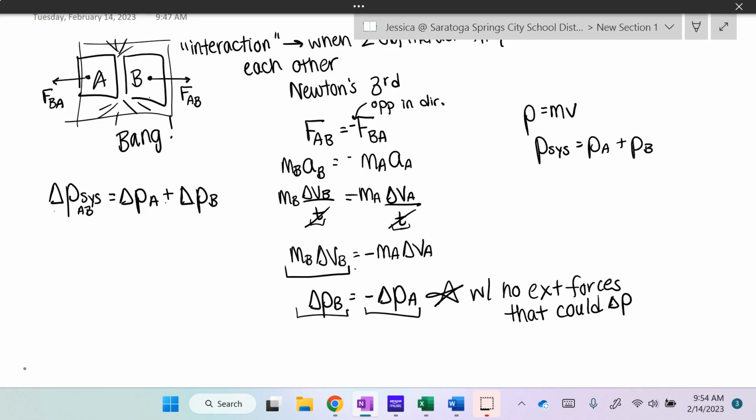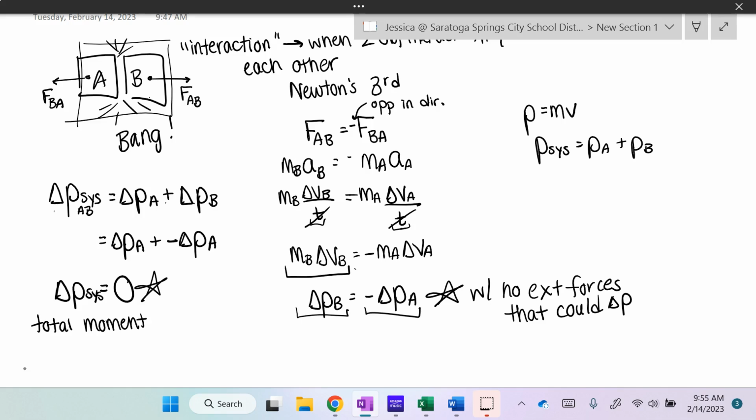Well, we just said that the change in momentum of B is the same thing as negative change in momentum of A, right? As long as there's no external forces. So instead of change in momentum for B, I could say, all right, negative change in momentum for A, right? So really what that gets me to is 0. And this equation here is really what conservation of momentum means. This means that the total